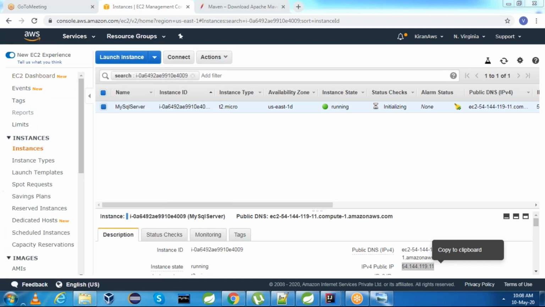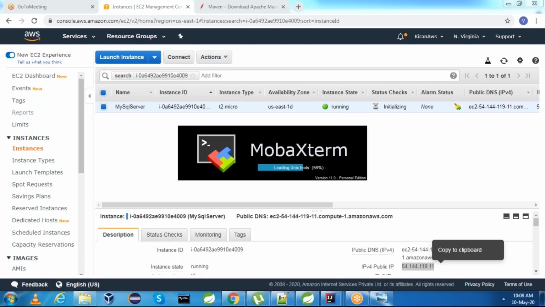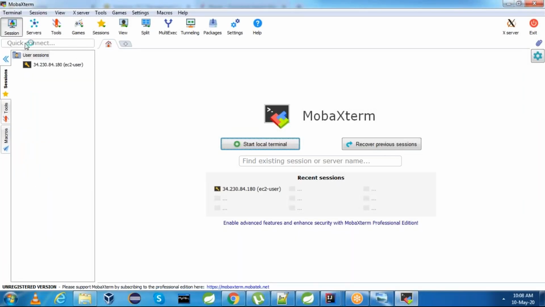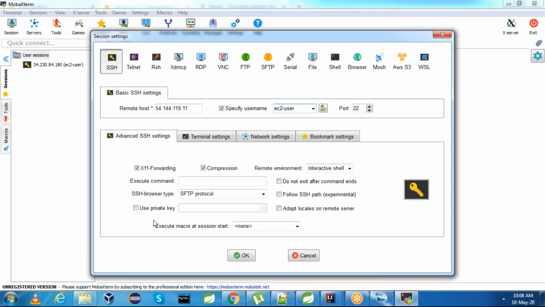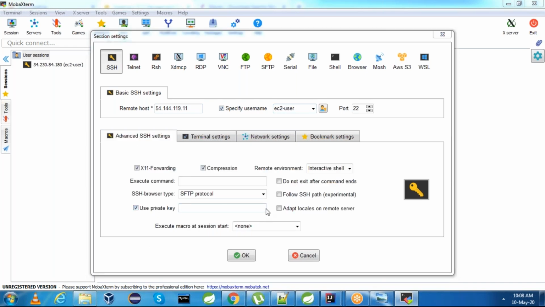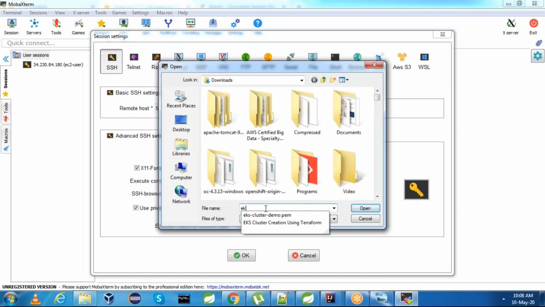Open MobaXterm. Create a new session. This is the remote host. Specify username, EC2-user. Advanced settings. Browse for the key pair. This is my key pair. Let me select this key pair.